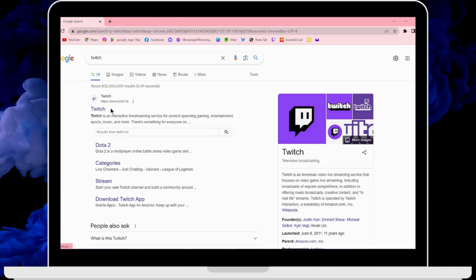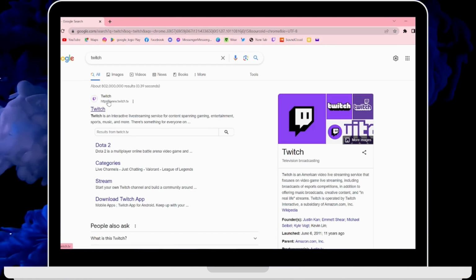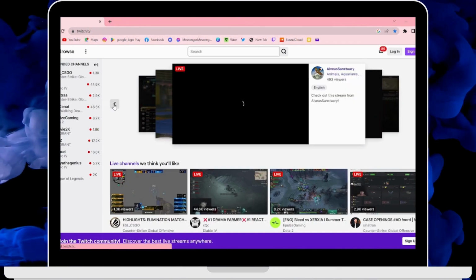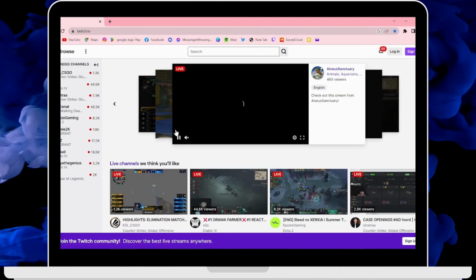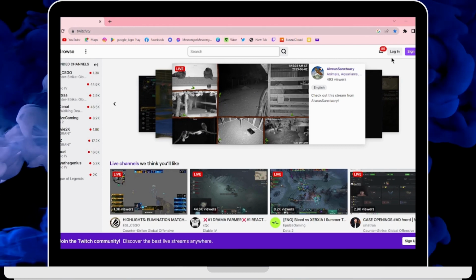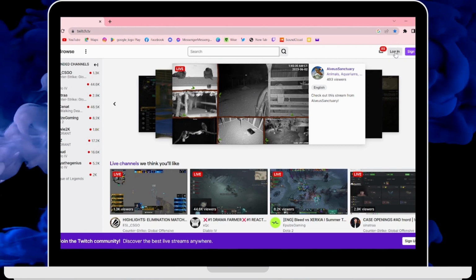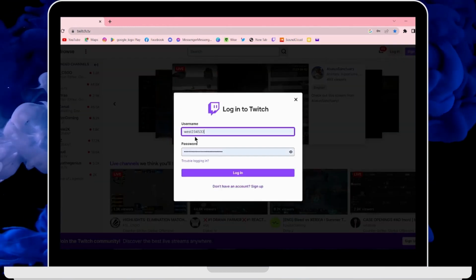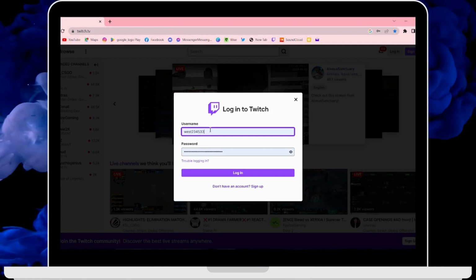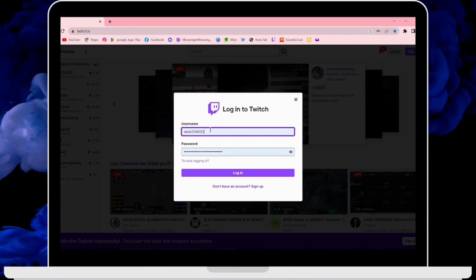and on the first search you will have www.twitch.tv. Click on that. And now if you want to log in to your Twitch account, then on the upper right corner you will have a login option. Click on login, and then from here you have to enter your username, and after entering your username you have